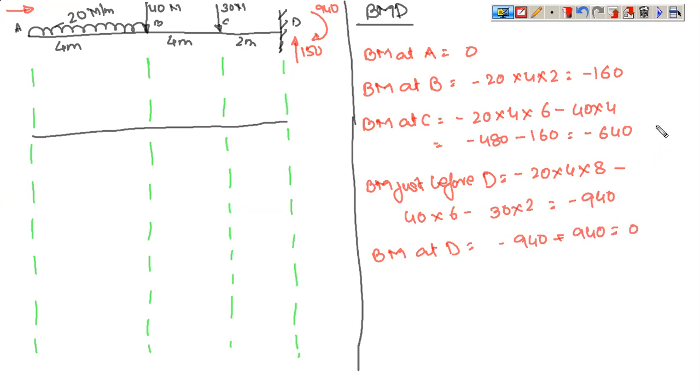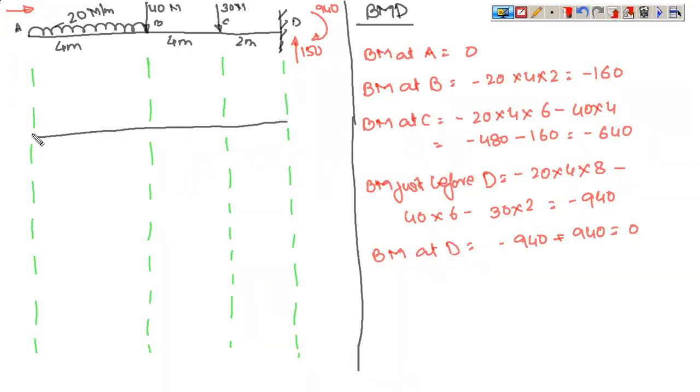So the understanding is that at point D you have moment of two different nature. One is moment due to increase in distances for these forces and one is the constant moment. When you have moment of two different types acting at the same point, we take their effect individually. So we have written BM just before D. You can also understand it like this, that in case of cantilever beams at the end, you always need to calculate bending moment just before and at. So this is a mandatory practice that you have to follow.